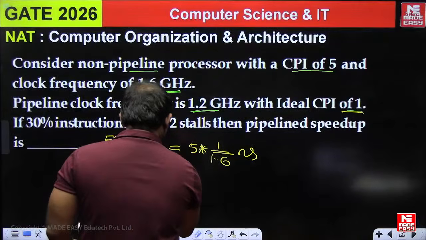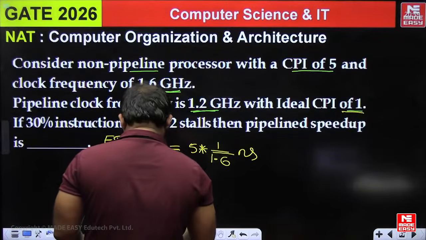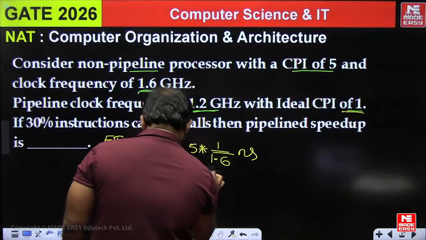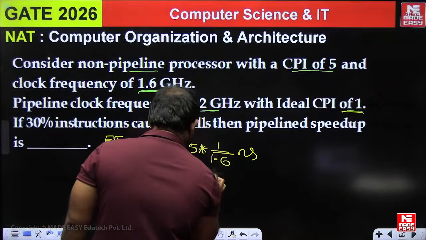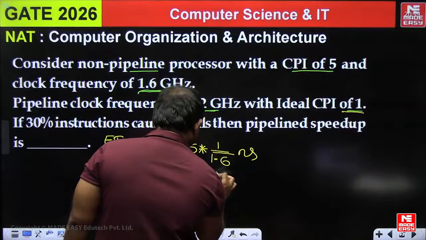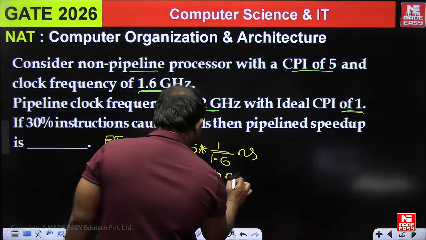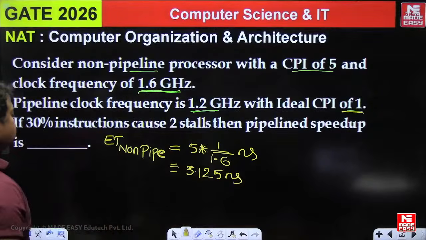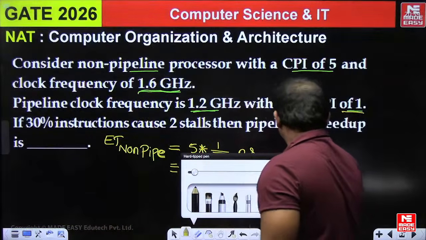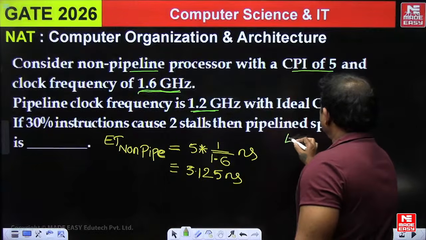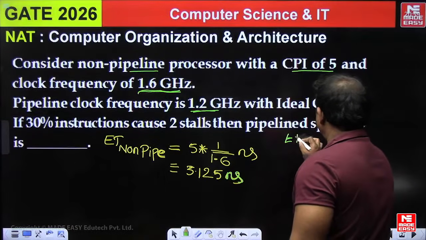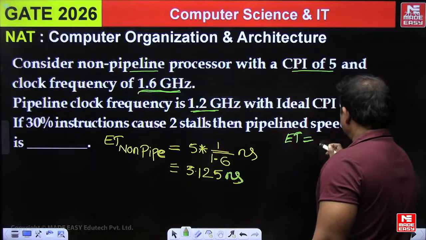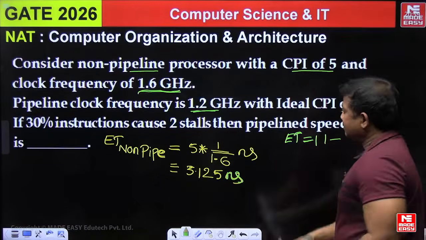The computational value is 3.125 nanoseconds. Now come to the pipeline time. Execution time of pipeline is equal to 1 plus 1